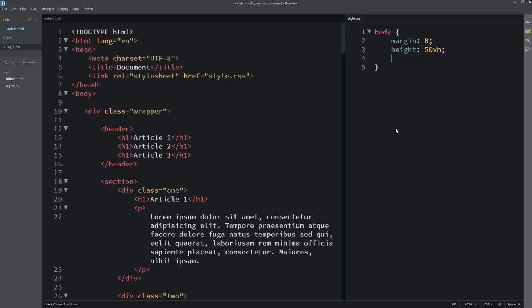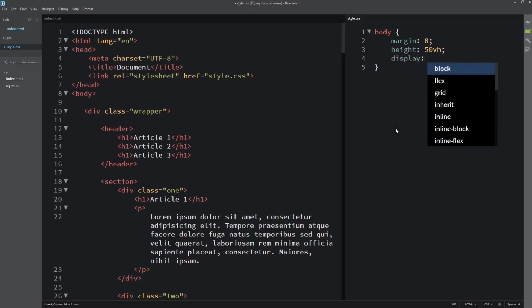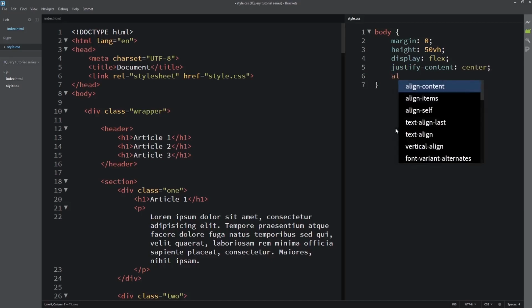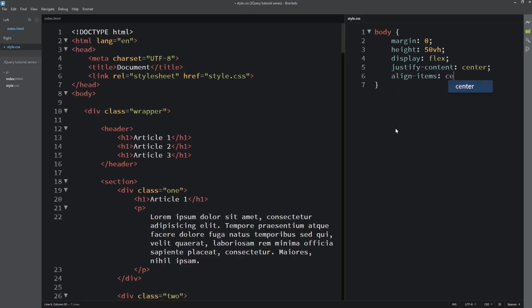I'm trying to centralize, and I give margin 0 because I don't call any CSS library to reset. So I just do the small reset that I need for this small tutorial. So I give the body display of flex, then I justify the content to center. I align every item inside there to center too.